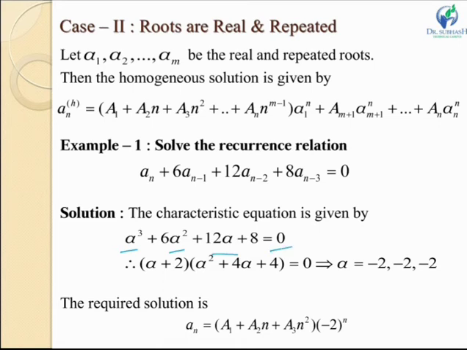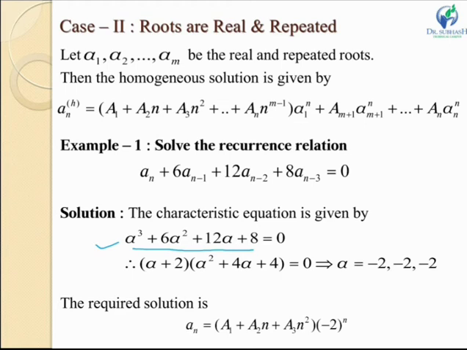Now I have to find the value of alpha over here. This can be done by using the table method. First I will put alpha equal to 1 here. It must satisfy the equation, but this will not satisfy the equation. So I will put minus 1. This will also not satisfy this equation. I will move towards minus 2. When I put alpha equal to minus 2 over here, I will get my answer as 0. That means it will satisfy this equation. So alpha equal to minus 2 is the first root of this equation.